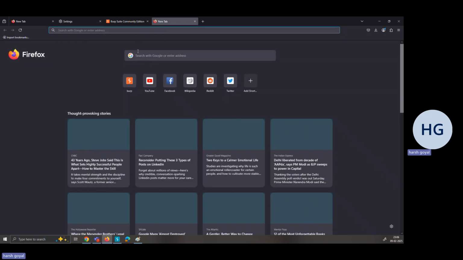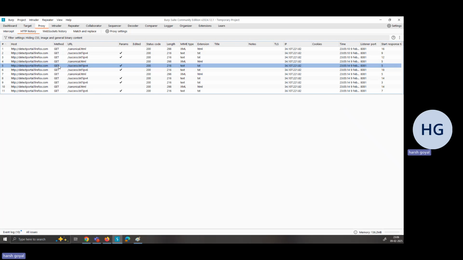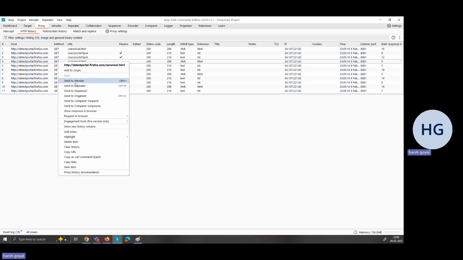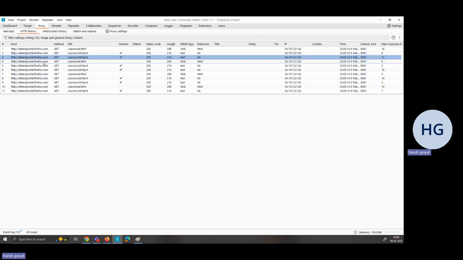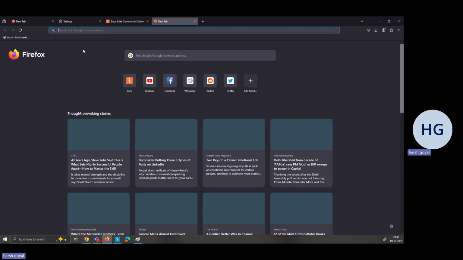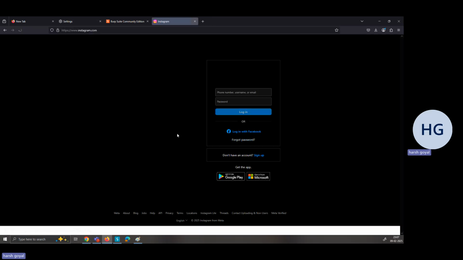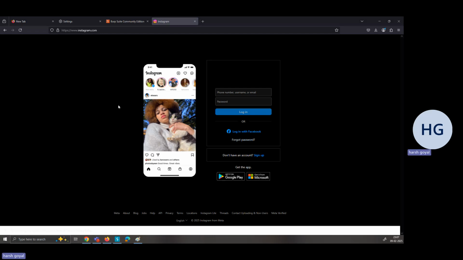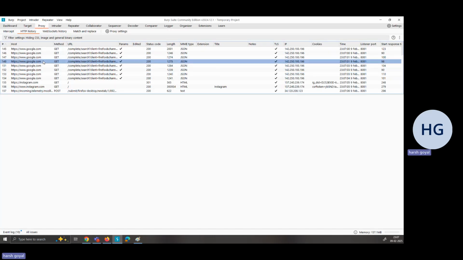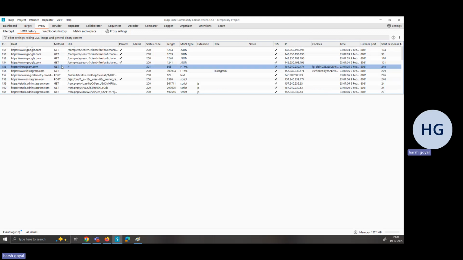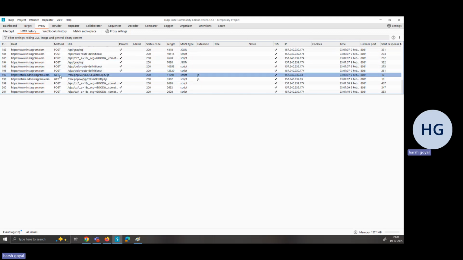Now suppose you are using any application, and we have the requests captured. I'm clearing the history right now, so none of the requests are coming in. Once I go to Instagram.com, I'm opening it right now, and all the requests which I'm making from my browser to the server are captured in my Burpsuite tool. If you have to intercept a request and check it for vulnerabilities,